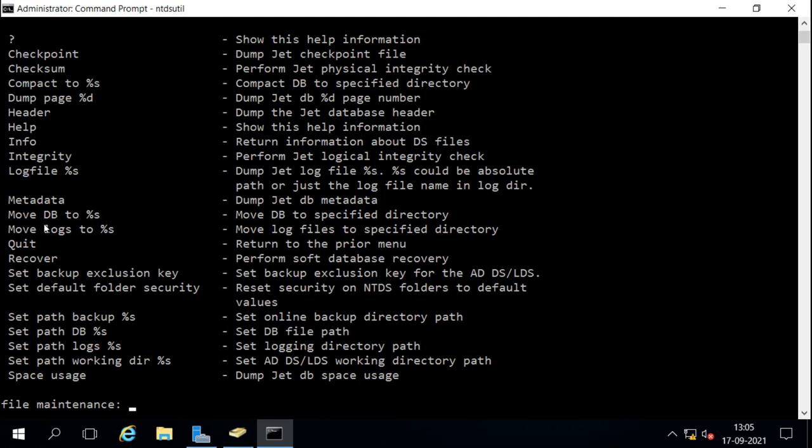For doing the defragmentation, this is the command: compact. Defragmentation will defrag all the data, and it will also purge the logs into the database. It will write all the log files into the database, and then we can remove the log files also. It will defrag the database, and it will create the database file in another location. So we have to create one location for it, a directory where we want to do the defragment.